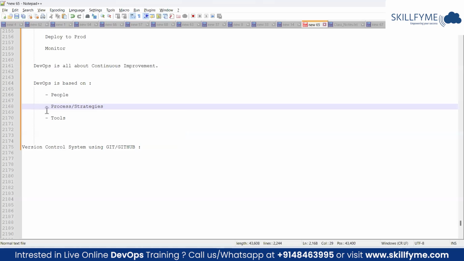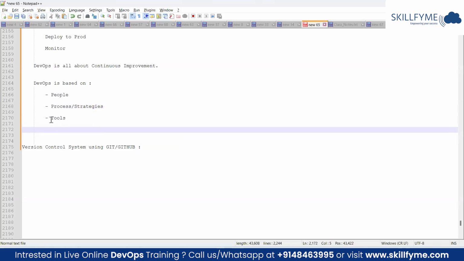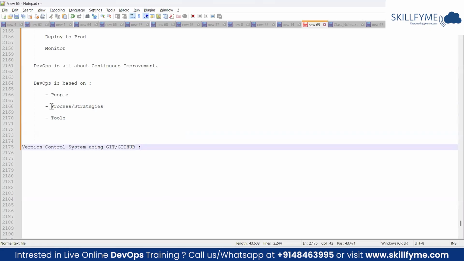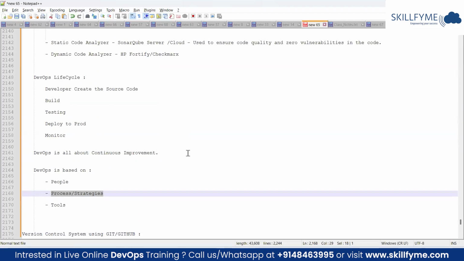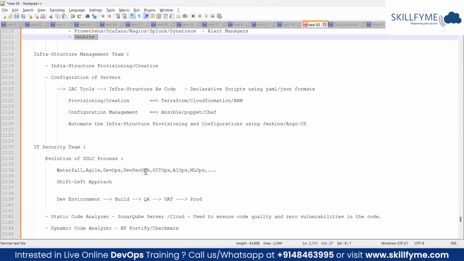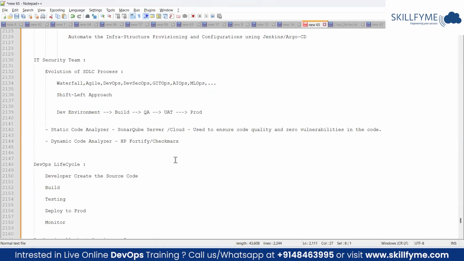Once the process and strategy are defined, the tools are nothing but just a package. We never give importance to tools in DevOps at any point of time. Tools are, after all, just tools. We always give importance to the process. Why? Because consider today I want to implement my automated builds and deployments using Jenkins. Assume that I've decided to use Jenkins. What if, down the line after 5 years, Jenkins is not there in the market?